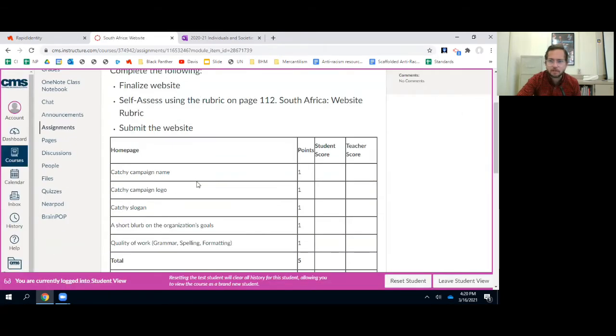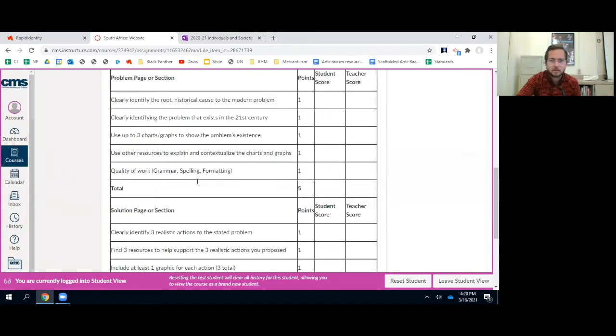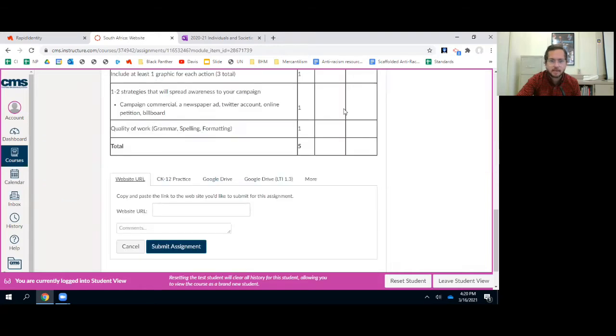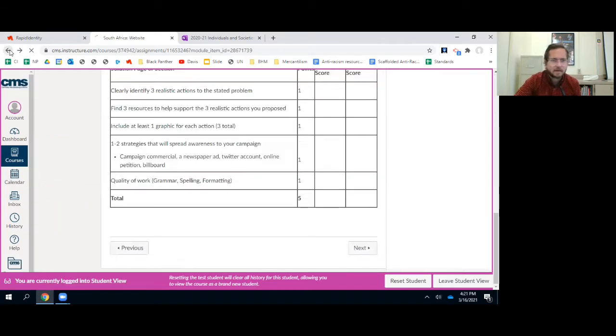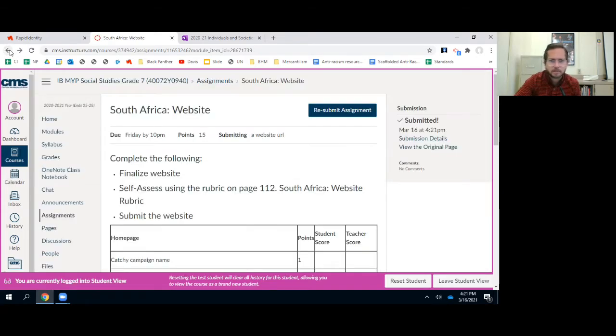After you publish your website, you will then hit submit, paste in the URL from whatever your website is, whatever the web address is, then submit that assignment. So again, I wanted to make sure that you were aware of that. That was our focus yesterday, and the day before. So make sure that is done. Don't forget about that. You want to make sure that y'all get that done and submit it in a timely manner, so you have as great a potential as possible to get all those 15 points on that, please.